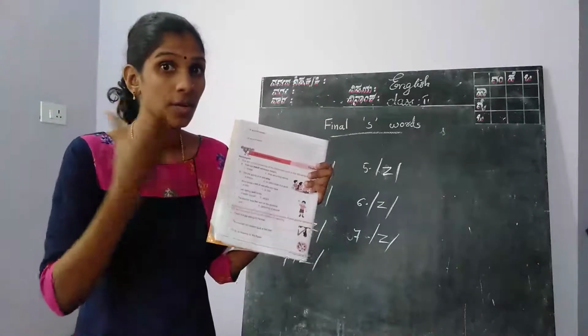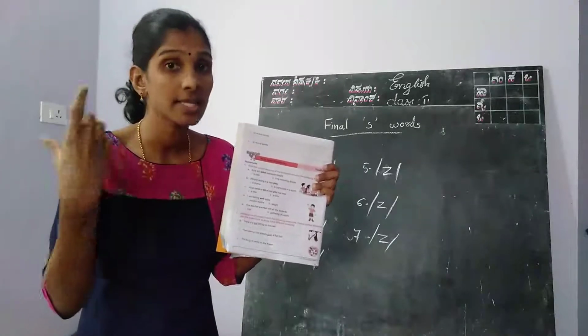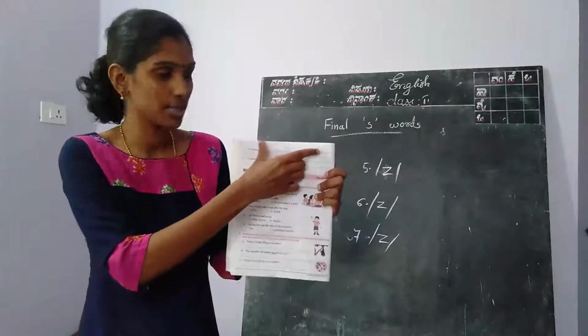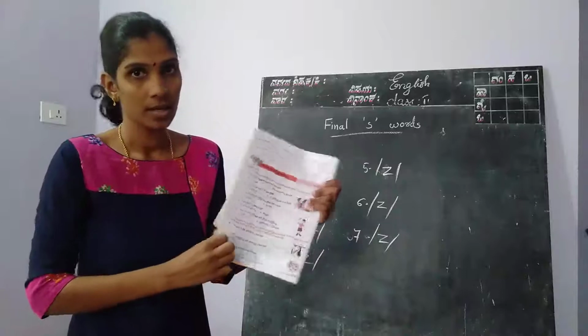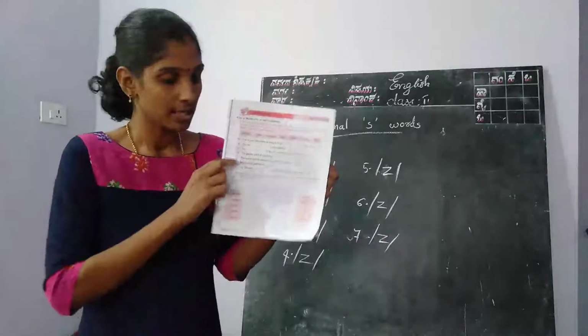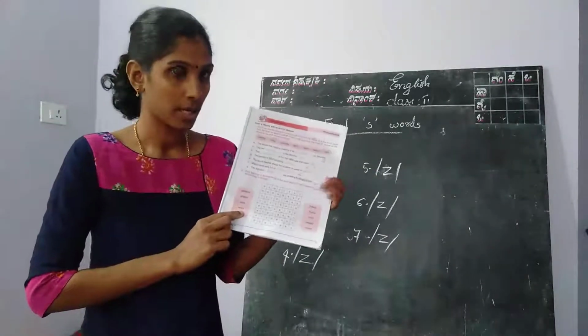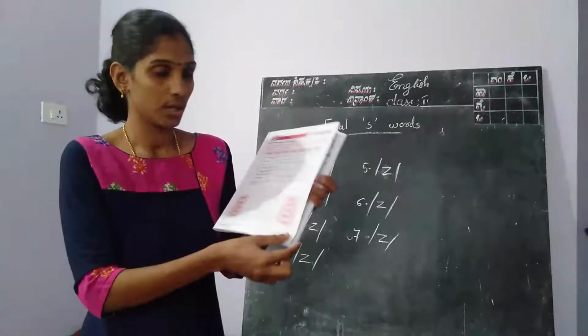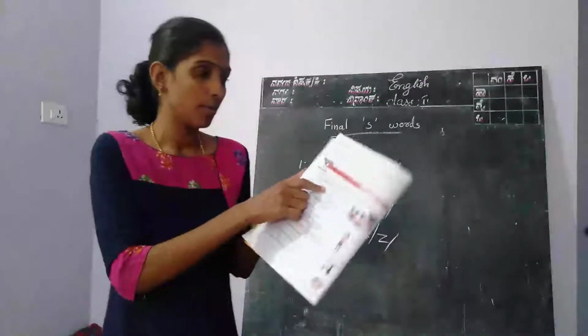Somewhere the S is pronounced as S, and somewhere the S sounds like Z. Which are those words? You can write there. Z sound words and S sound words. Okay, separate them and write. This is your today's homework. Do your homework, and you also have to fill in these answers in your workbook, and do your homework and send it.